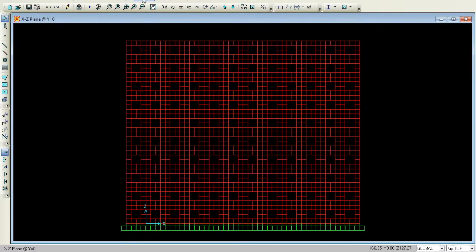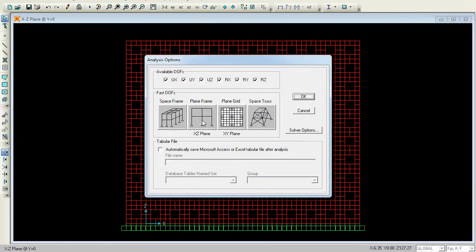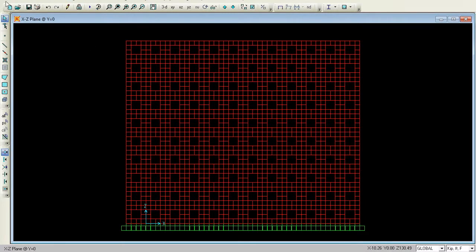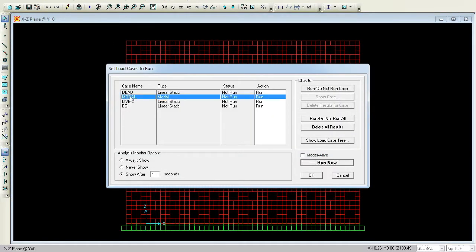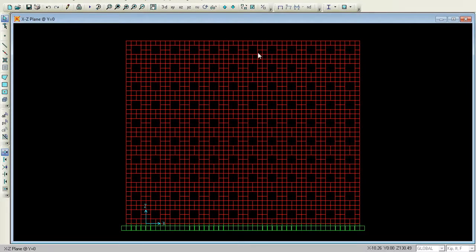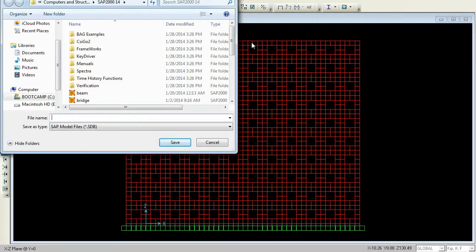Now just go for analyze, set analysis. You can go for exit plane, and just press OK. Before this, try to save the model, or you can just press F5 on the system. So just try to run the model analysis, start run now. Before that, the computer will ask you to save the file. So please save the file, otherwise we cannot run the analysis. I'll say it as wall 1. Okay, and press OK.